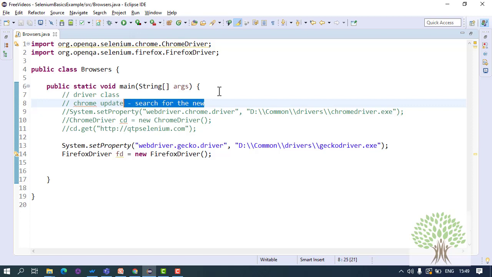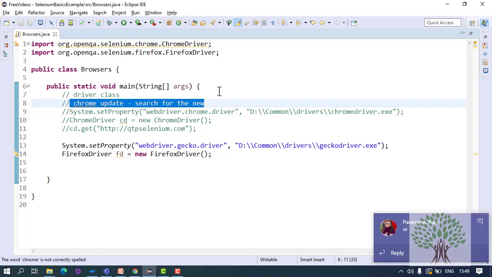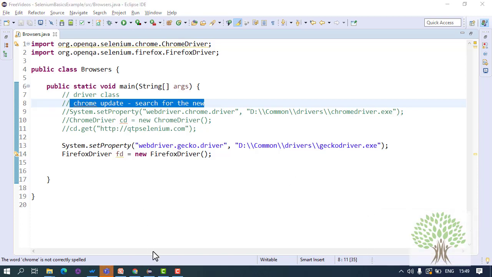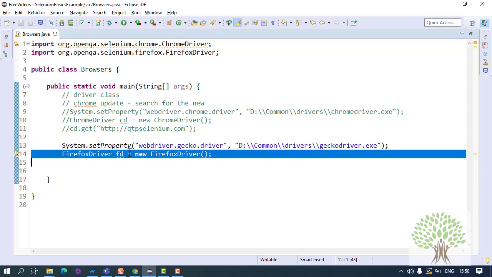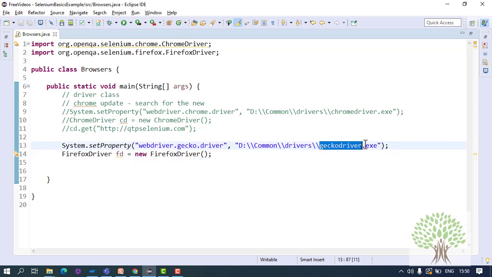Chrome guys, or the Google guys, they are very effective, or very fast. As soon as they update Chrome, they give the exe automatically on that particular page. They provide you the exe. So after the updation, you can get the exe. If your script stops working, then you should come to know that something has updated in Chrome. But in case of Firefox, you have to be careful, because when Firefox updates, you don't get the Gecko driver exe updated one immediately.